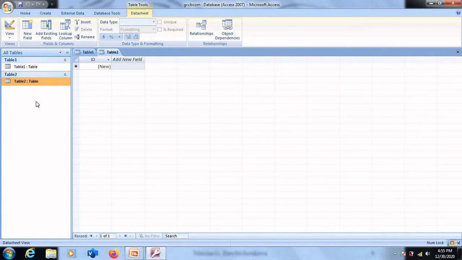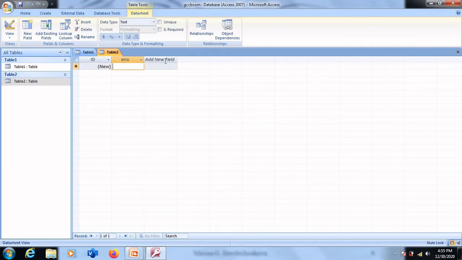So we have a list of tables available here, and you can see at the bottom that we are creating tables in datasheet view. You can look at the bottom left corner where I have pointed the cursor. It will tell you that you are creating tables in datasheet view. So again, the same structure will be displayed. Double click on the column head, the first column, and you can add any data that you have. Employee number, for example.